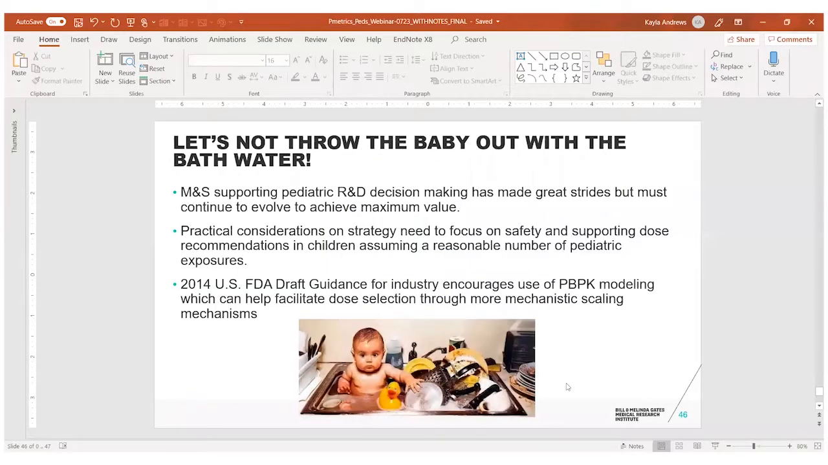So just to wrap up here, making sure we leave some time for questions, let's not throw the baby out with the bathwater. Modeling and simulation has supported pediatric research and development, and it's made great strides. Since the time of this work, we've moved pretty far in terms of the types of modeling that can now be used to inform dose selection, such as physiologically based PK modeling. This has been incorporated into the 2014 draft FDA guidance. There are guidances on PBPK modeling themselves,